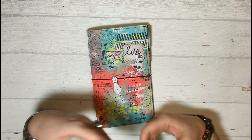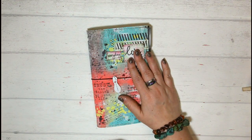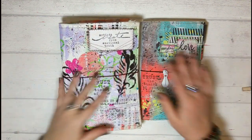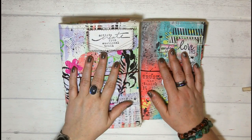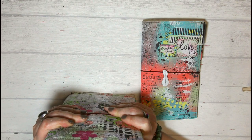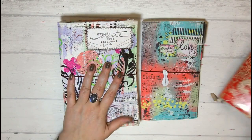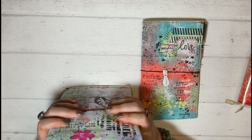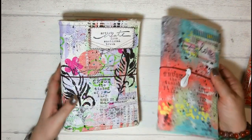Hobonichi, Midori, HoboDori mix journals, planners, whatever you want to call it. I kind of used the term HoboDori over the last couple of days, and I kind of got used to it, so I think I will stick to it. Because I kind of built my own unicorn, like a mix between the Hobonichi, using the Tomoe River paper and the Midori Traveler's Notebook style,